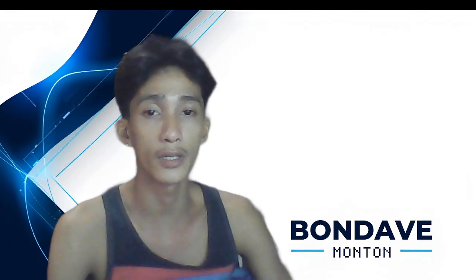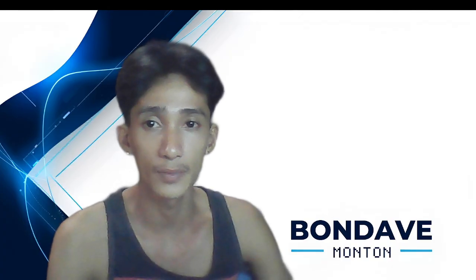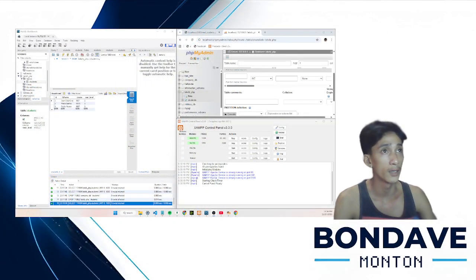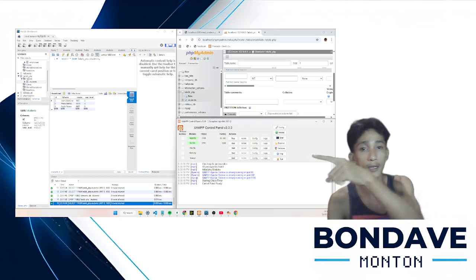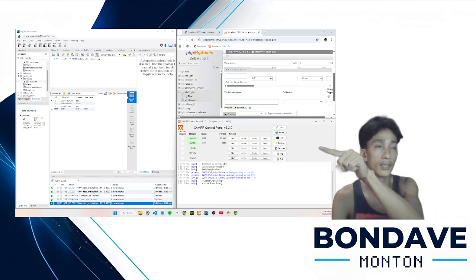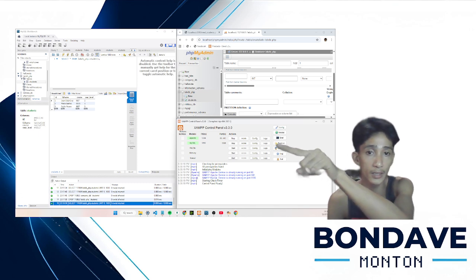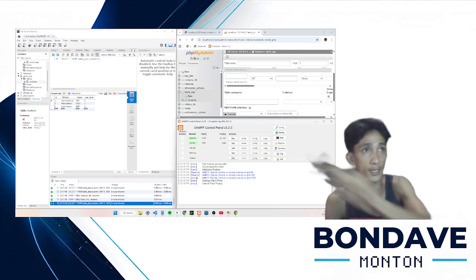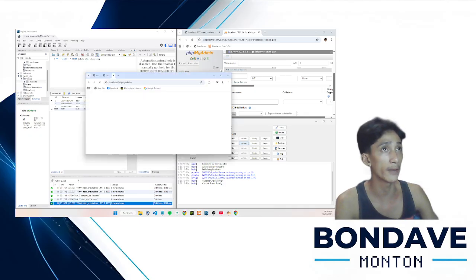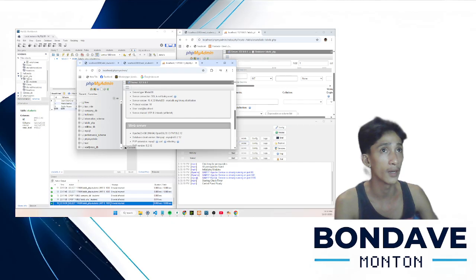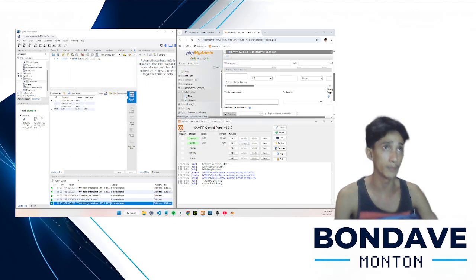You can choose either of the two. So here it is. As you can see here, the XAMPP control panel, the server is running. You can click admin to see the localhost, which is the phpMyAdmin.